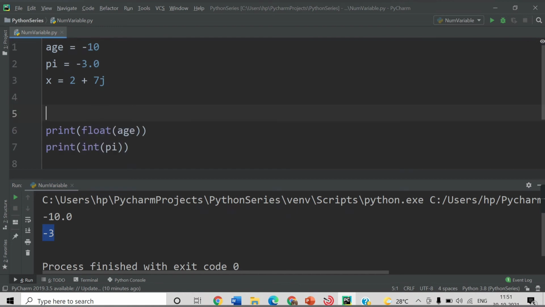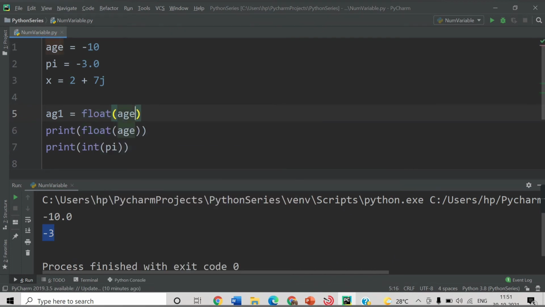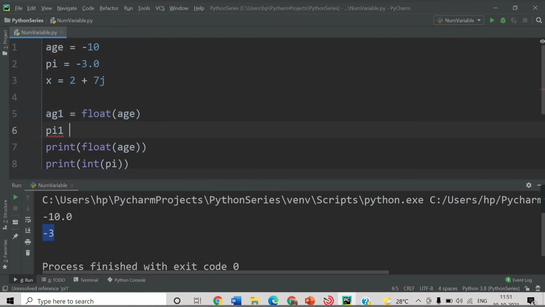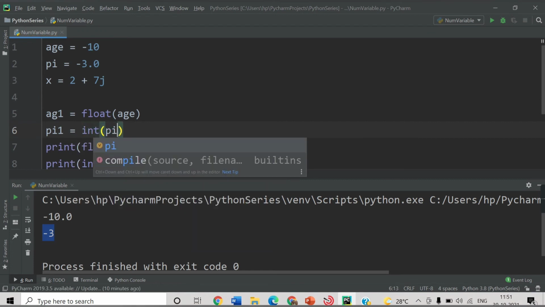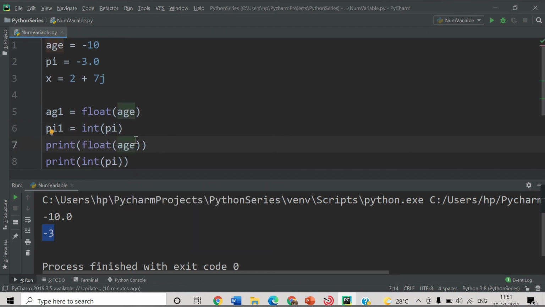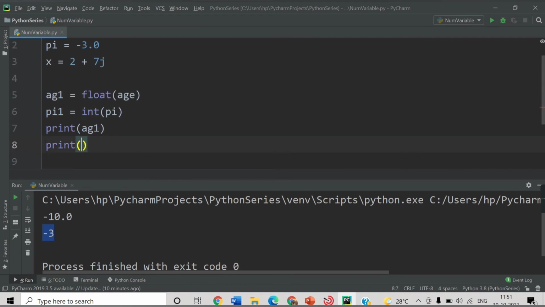Let's say I have different variables here. Age1 is another variable, and in that age1 I want to store float of age, and another variable is pi1, so I want to store here the int of pi. And what I will do now, instead of float age I will print age1, and instead of int pi I will print pi1.